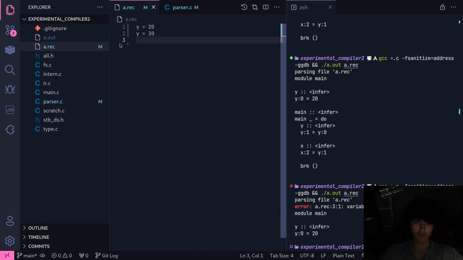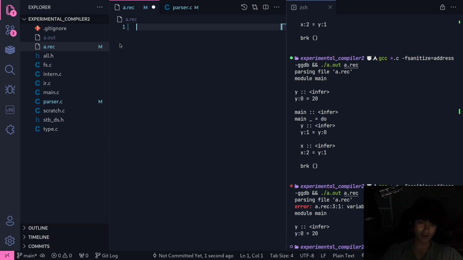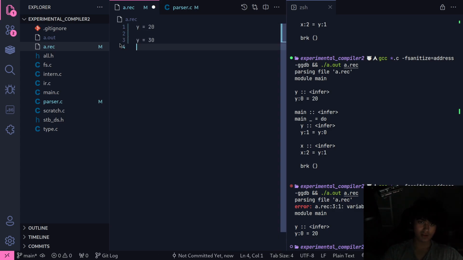You can't do this. But what you would think you can do is something like this. Here, let's say I swap around the order of these things. Okay. So this makes sense, right? You can look at this and it makes sense. Y references this, and Y is a new variable.